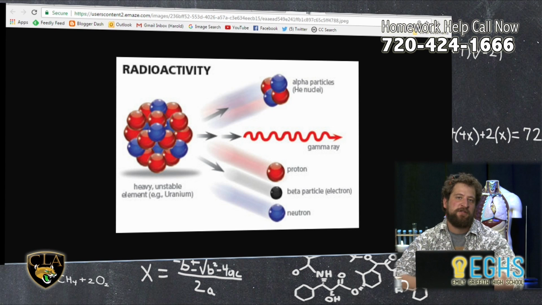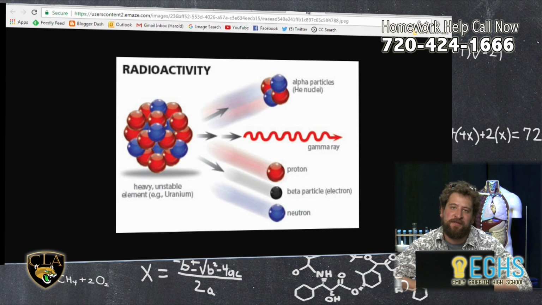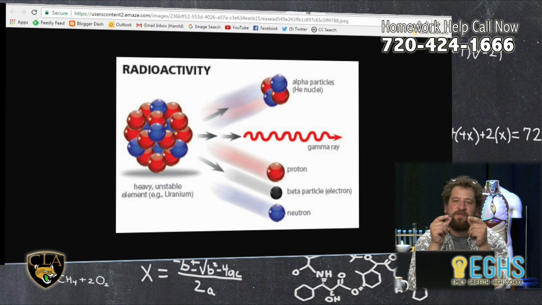Something that we don't often get into is the idea that there are some special forces that take effect on the very, very small scale of the atomic nucleus. There are 2 forces, the strong force and the weak force, and they only act on very tiny spaces, for example, the width of the nucleus. These forces hold the nuclei of different atoms together. However, there's a limit to how much they can hold.